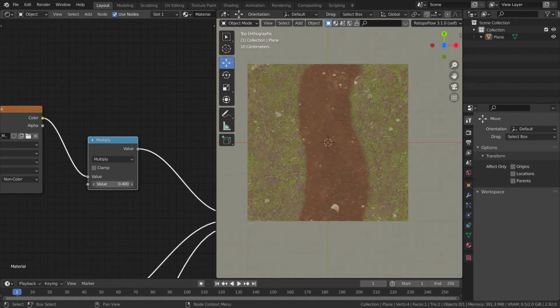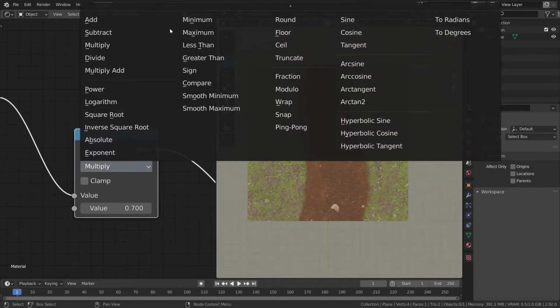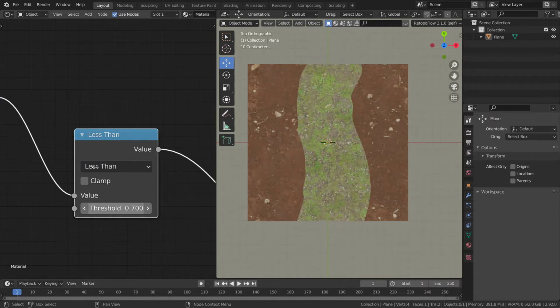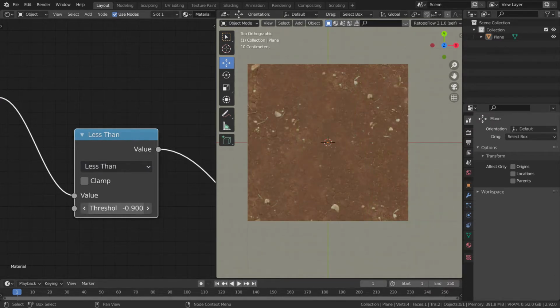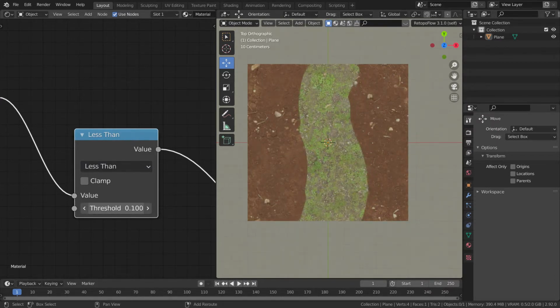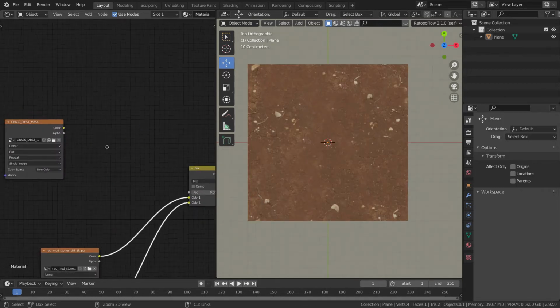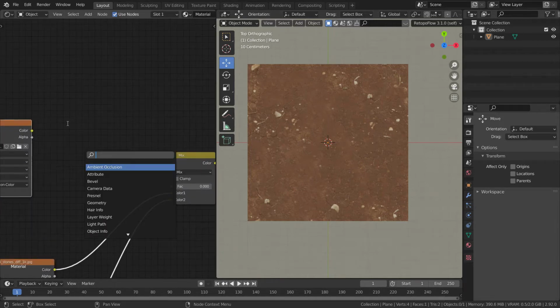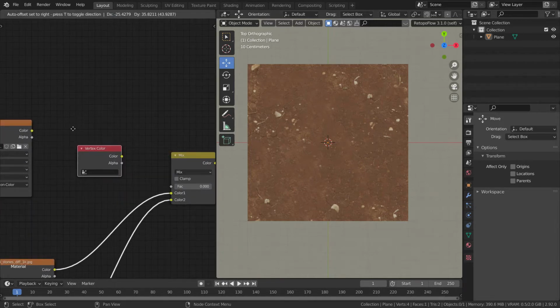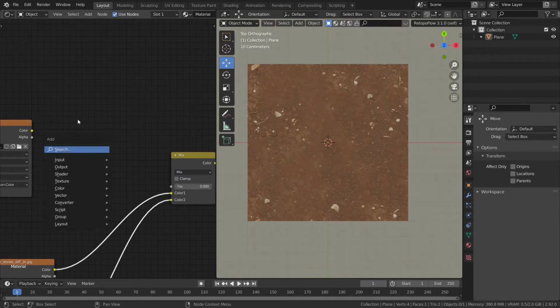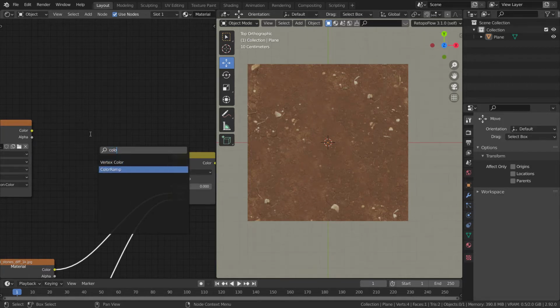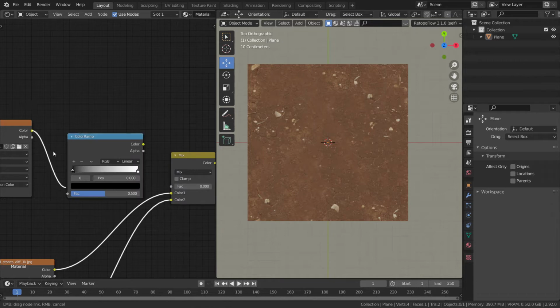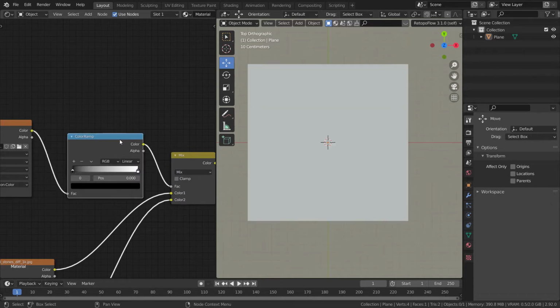You can also set it to less than and greater than, but I don't think this is a really good idea, because as you can see what it's doing right now, you get a really smooth transition. I think the color ramp is good enough to control everything, such as the falloff and other stuff. So you can just blend between two textures very easily.